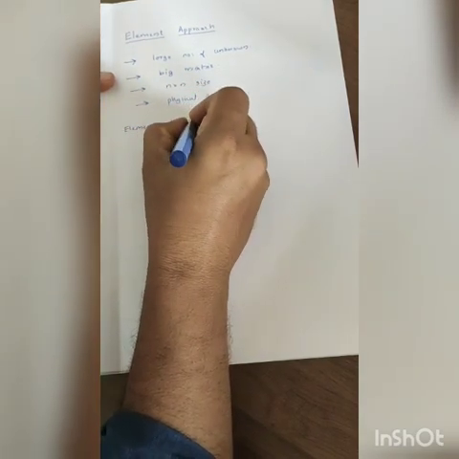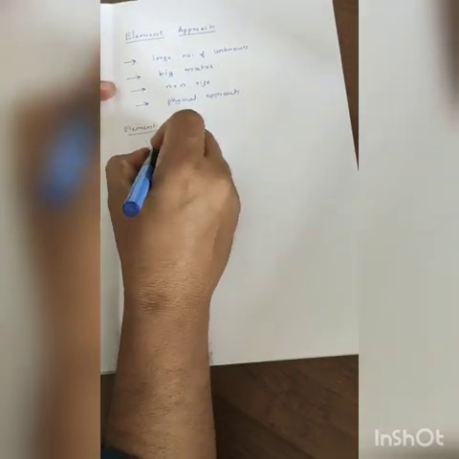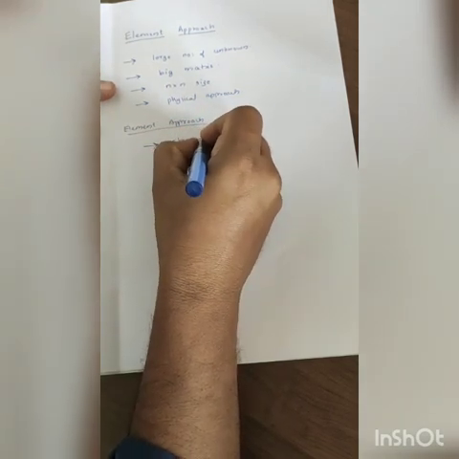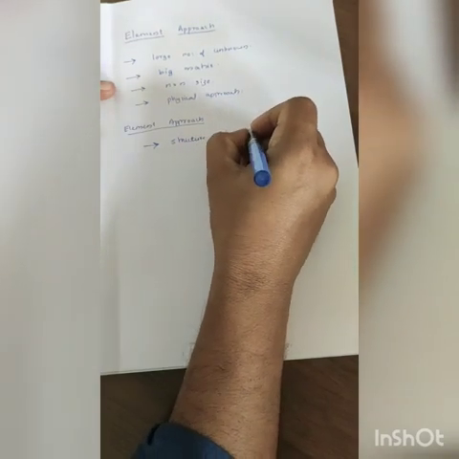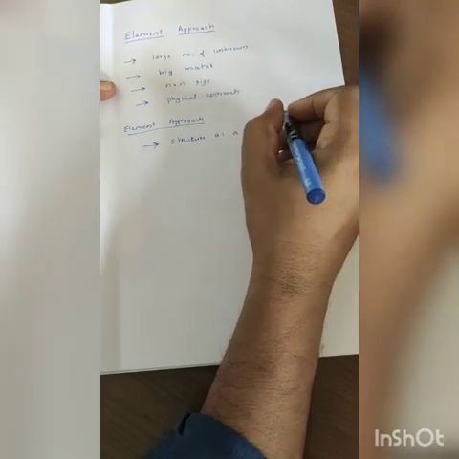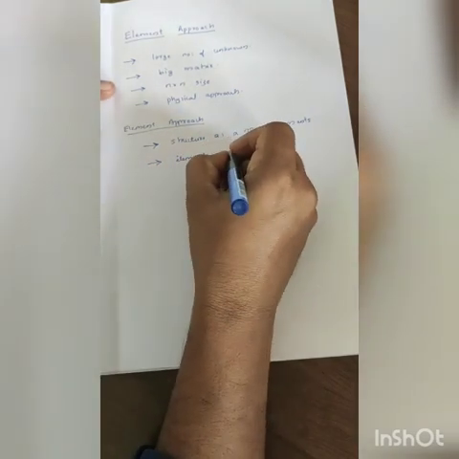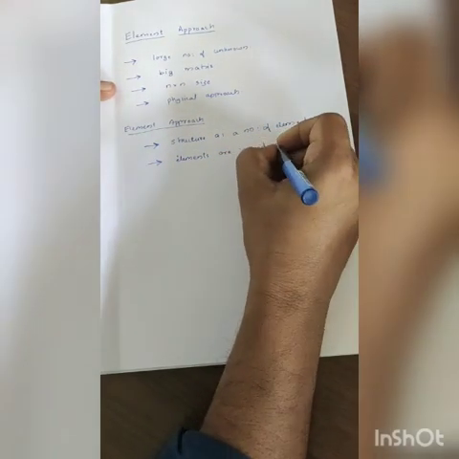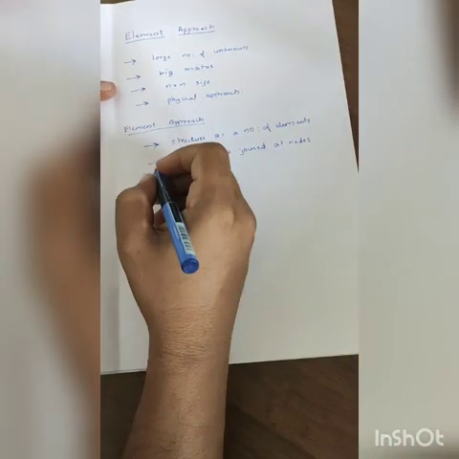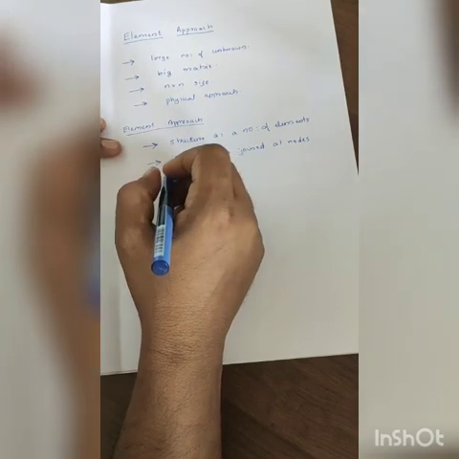The element approach is very simple and very systematic. The basic idea is that we will consider the structure as a number of elements, and these elements are joined at nodes. So there will be nodes and there will be elements. It is actually the concept of finite elements. This is the basic idea of finite element analysis.